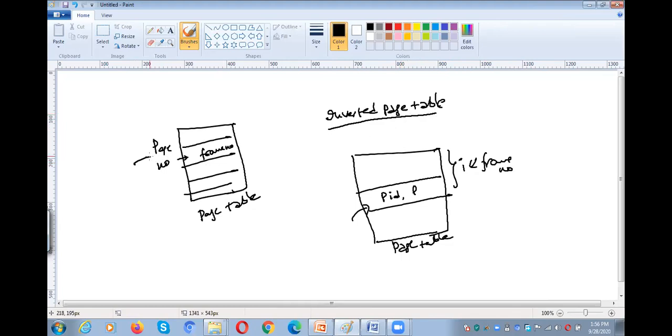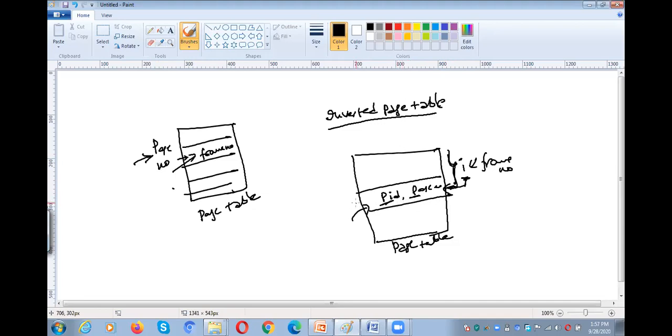Earlier, with the help of the page number, we identified the frame number, which page is available in which frame. Now in the page table we have the process ID and page number as the entries inside the table, and on the outer side we have the frame number. If you have a frame number, we can search the process ID and page number.